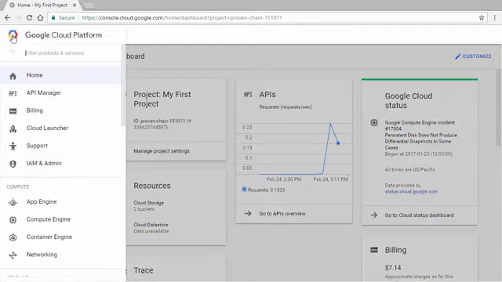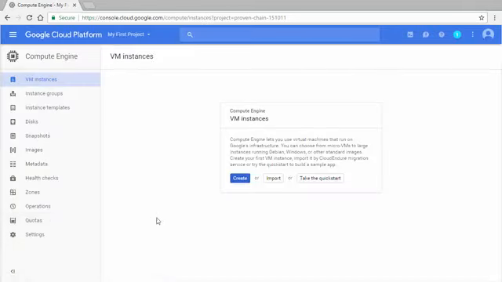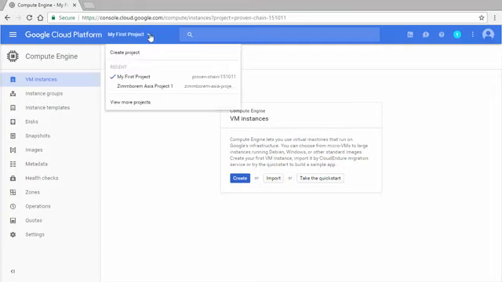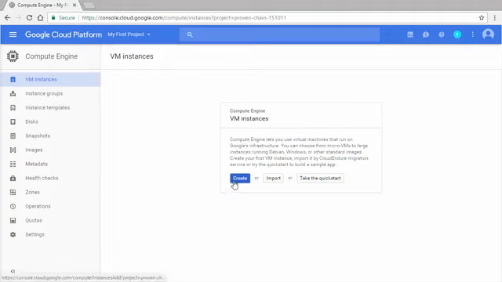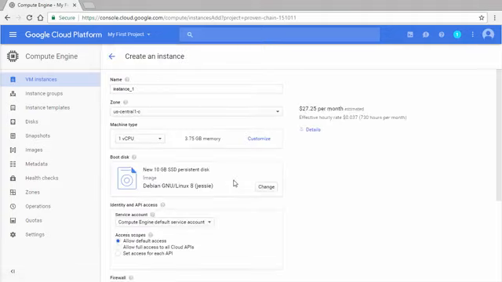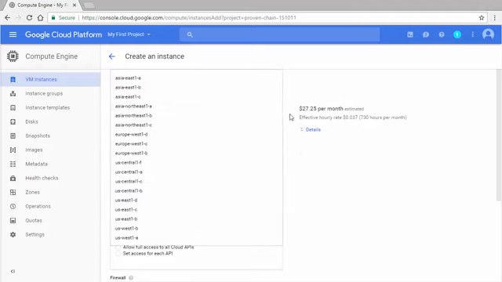To add an instance, go to Compute Engine, VM Instances. Select a project from the top menu and click Create Instance. Remember, GCP resources, like networks and instances, are added and configured in projects, so whichever project is selected will be used. Give it a name unique to the project. Select a zone for its physical location.